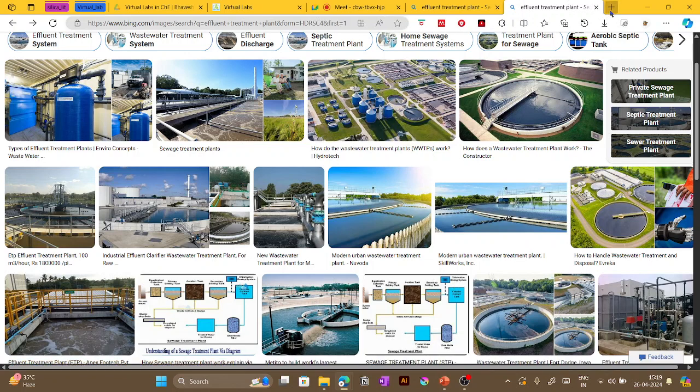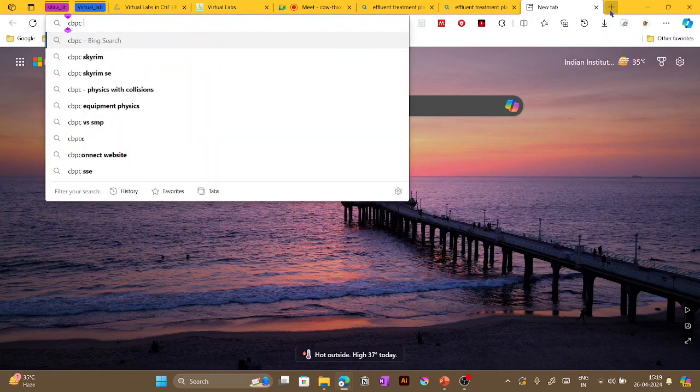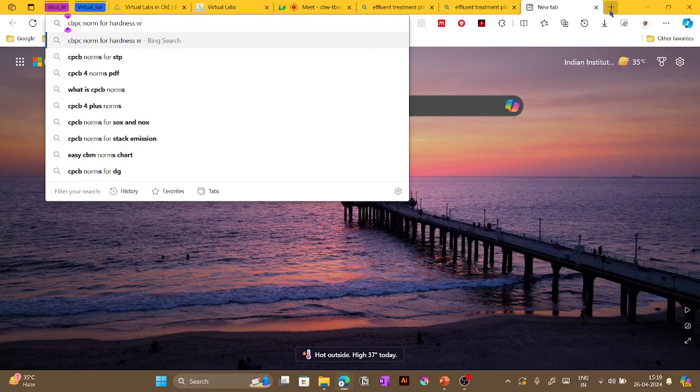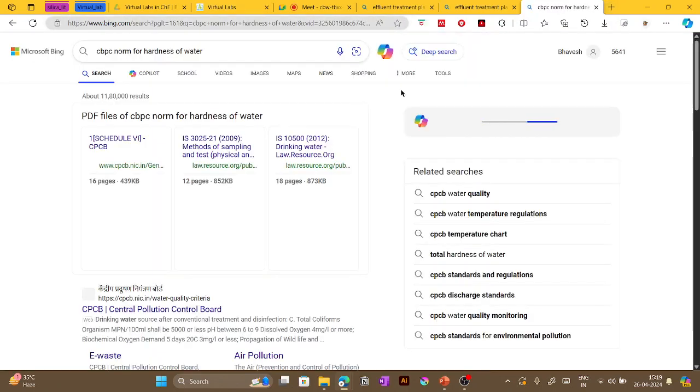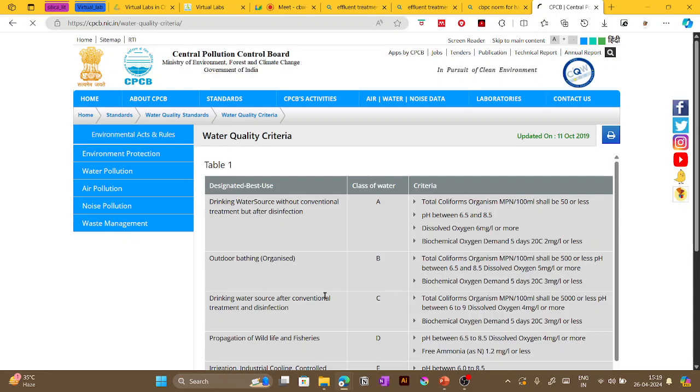And if you search, there are pollution control board norms also for hardness of water. If you search CPCB, which is the Central Pollution Control Board, and go into their guidelines,